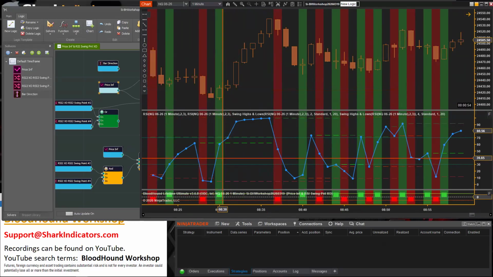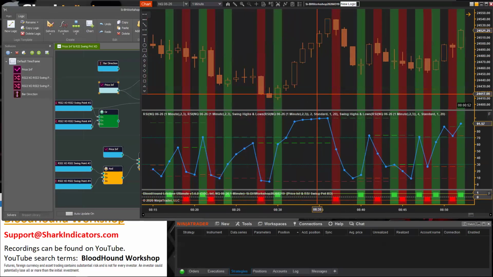Here's a good example. So I bet somewhere when you get a long continuous up move or a long continuous down move, at some point that RSI is going to peak out, and if you get a very small up move, the RSI probably will move down at some point.